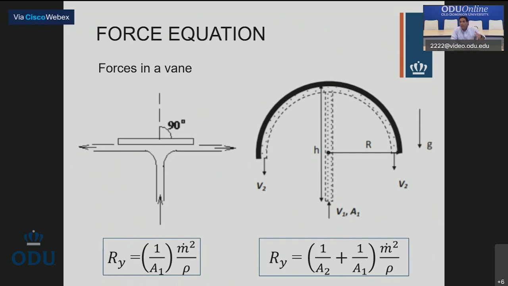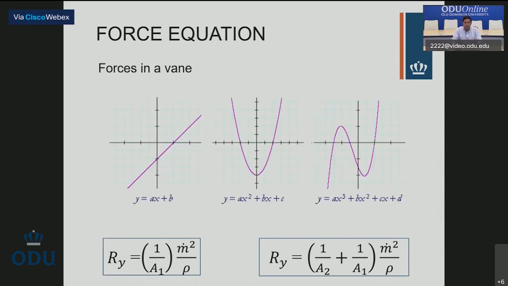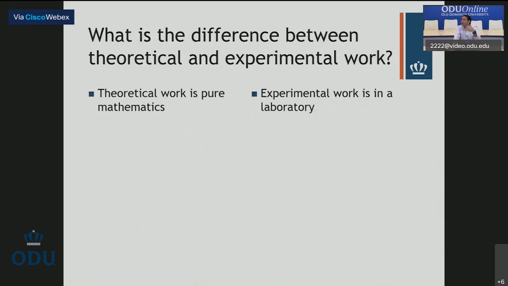You're going to plot in Excel the force as a function of mass flow rate, and you will see that for a fixed mass flow rate, the hemispherical shape vane will give you larger force. That's what I need you to prove. I'm going to skip this because I'm running out of time. So I'm moving into